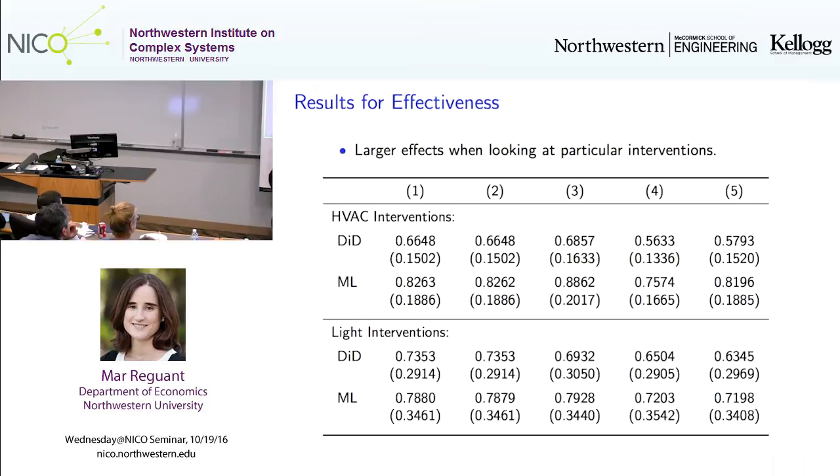So using our Diff-in-Diff approach, we find that the savings from HVAC are about 2/3 of what was expected. And with our machine learning approach, they are about 80% of what was expected. Now, controlling for things matters, of course, but as you can see, the machine learning estimates are quite stable and not necessarily monotonically decreasing. In the Diff-in-Diff, they are a bit less stable, slightly smaller.